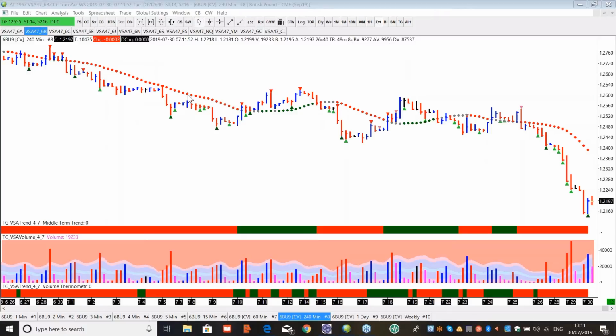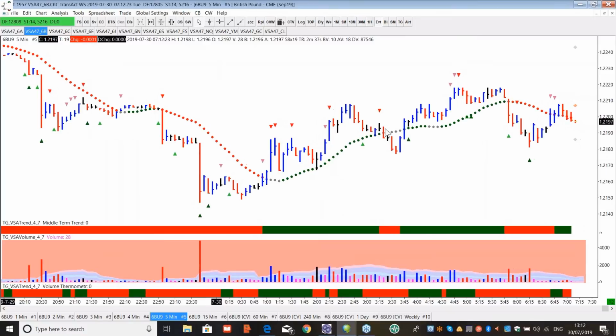So let me just go back to the chart, and we'll go to the 1 minute chart. We've seen a very clear setup here. Let me just put this up for you. I'll probably put it up on the 5 minute chart here of the British pound. All right, so again, can everyone see? You should all be able to see the 5 minute chart of the GBP USD. This is the 6B futures contract. Can you all see that?